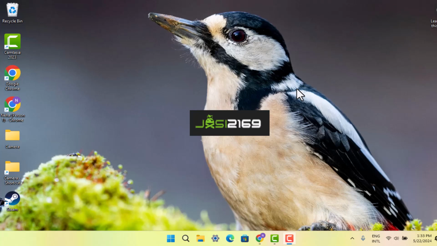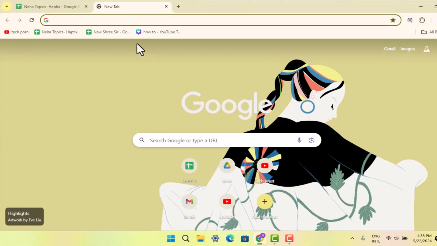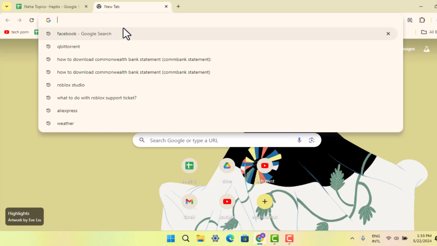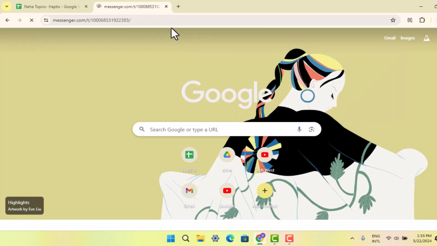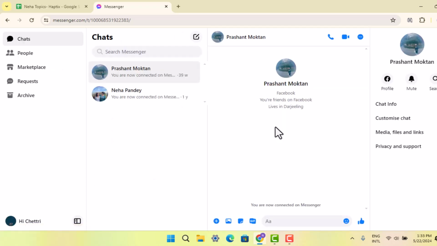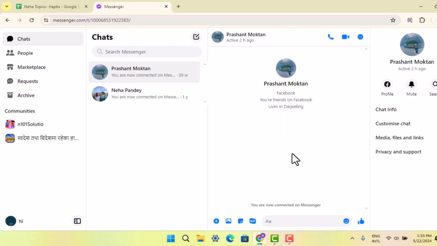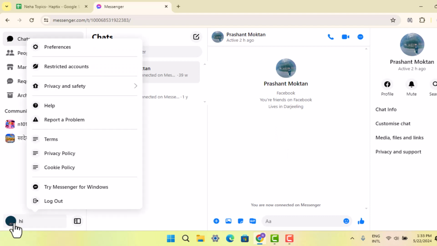In this following video, I'm going to show you the ways to log out of your Facebook Messenger on your laptop. So in that case, open up a browser and on the web address bar, go ahead and type in messenger.com and log in to your account by entering your credentials. Make sure that the account you're using for your Facebook and the information for the messenger will remain the same. While you're on this page, you have to go to your profile from the bottom right hand side corner,